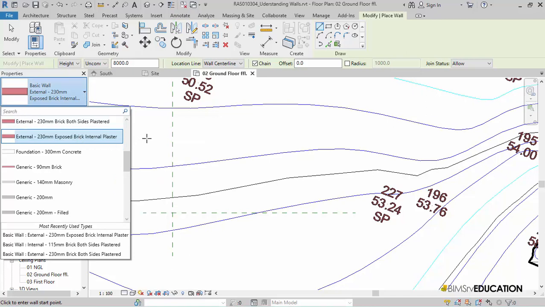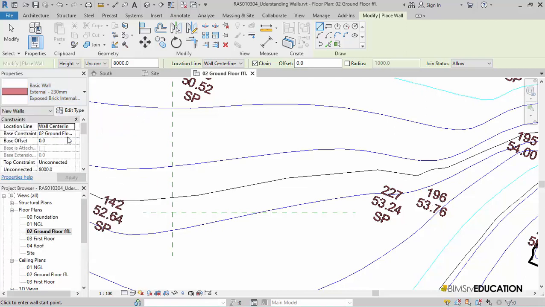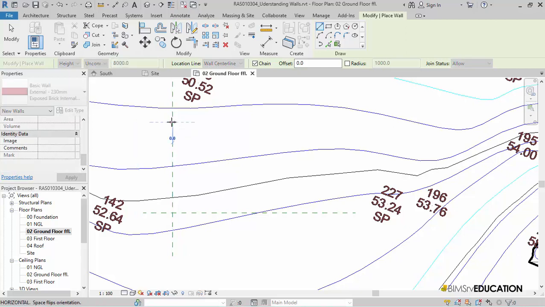I'll trace over the reference plane. Notice as I move my cursor down, the wall is centrally placed along the reference plane.